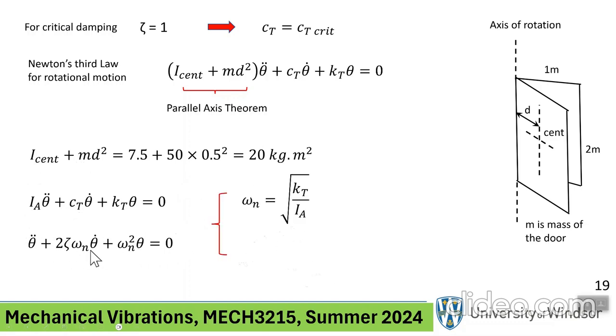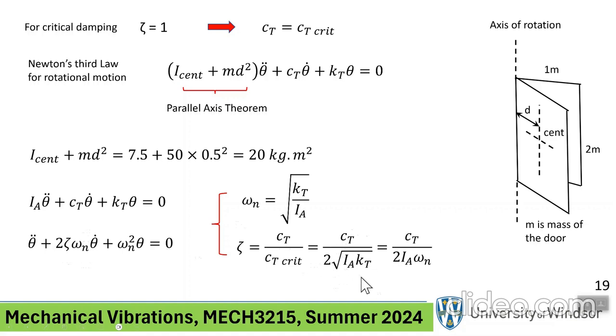Now, when you look at either this expression or that expression, it doesn't matter. You know that the natural frequency is the square root of k divided by m. We don't have k and m, we have KT and I. So you just plug it in, okay? And zeta is CT over CT critical. Same formulas that we used before, except that the roles are rotational here. CT over, you can write it as 2 square root of, remember it was mk,